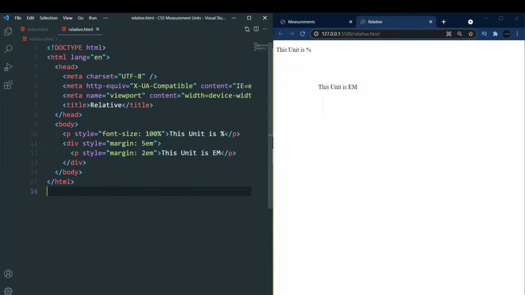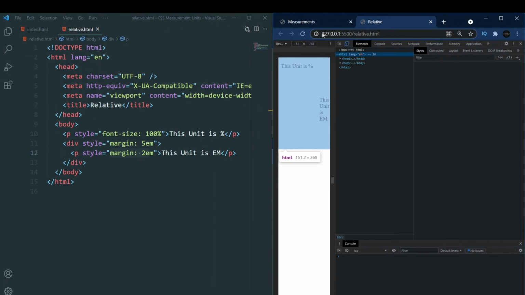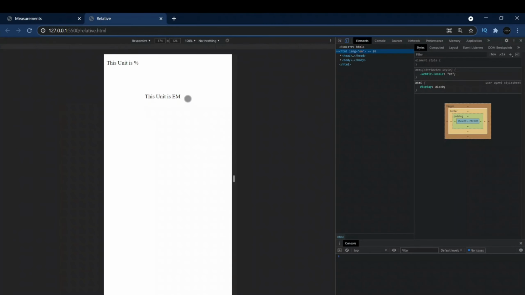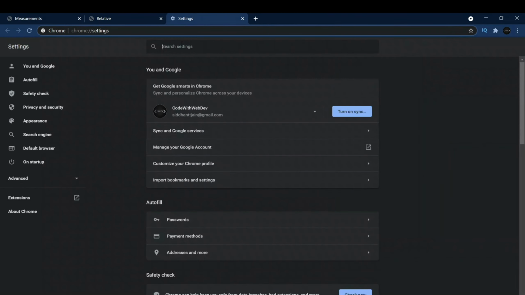For example, we saw here a div which has a margin of 5 EM, and then we added another p tag, and we added another margin of 2 EM to it. So if you check out your inspect element right now, let's make it full screen. If you check this inspect element, the screen size is smaller, so let's make it bigger.